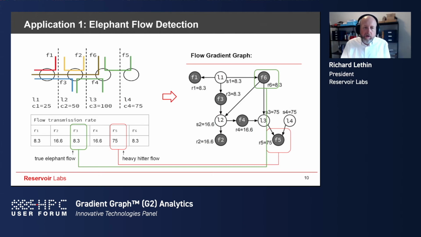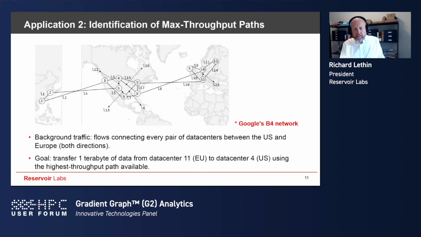Classically figuring out what are the elephant flows, and the bottleneck structure actually lets you find out which flows really control the overall throughput of the network, and it's not necessarily what you'd call the heavy hitter flow. So for more information on that, check our papers out. We can do